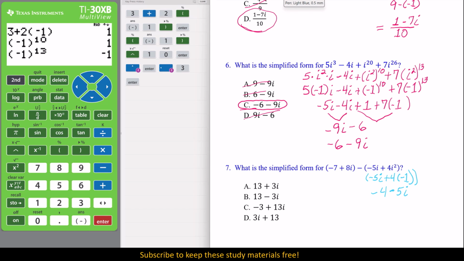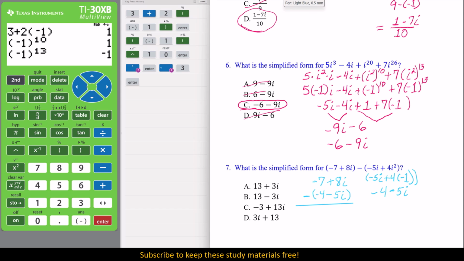So what do we do? Well, just write it like this. This is how I handle it. I stack them. So -7 plus 8i minus (-4 minus 5i). We can do it one at a time, but really what we need to do is that